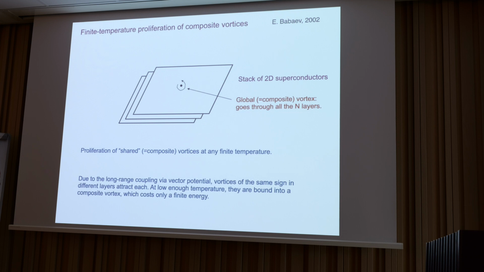So there is screening. However, if we have a vortex in one layer, there should be a counterpart in the next layer, because otherwise there will be infinite energy due to the coupling by vector potential. So if vortices proliferate, they proliferate as a stack of vortices in all the layers. That's essentially the mechanism which suppresses the net supercurrent, so the state becomes normal, but it can support counterflows between the layers. Neutral counterflows.